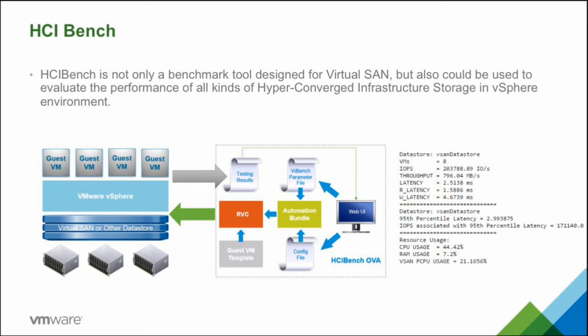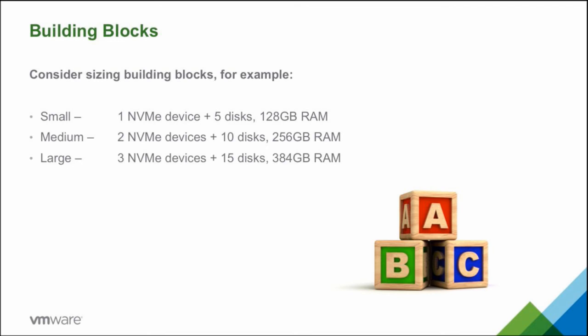And that's pretty easy. So our recommendation: create building blocks. And this is a real customer scenario we're using for a customer with 60 remote locations. We're going to start with a small configuration, 1 NVMe device and 5 disks. It's a hybrid configuration. Each host has 128 gigs of RAM. And then the medium configuration, double it, especially everything, NVMe, capacity and memory. The customer truly understands that the NVMe device is not cheap, but it is worth it in terms of